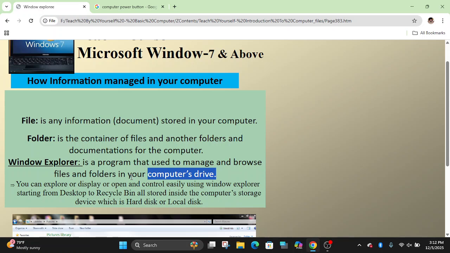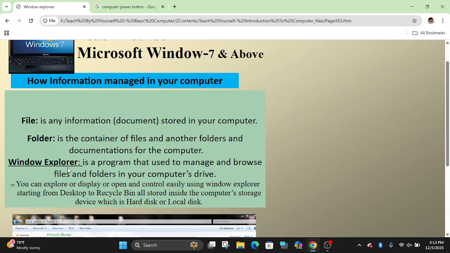By using this program, it is possible to manage and browse our files and folders that are stored in a specific computer drive. Always we have to make our choice when we use any computer or when we want to access our files. We have to use this program. It is simple. When you use a computer or a digital device, it is the best choice.